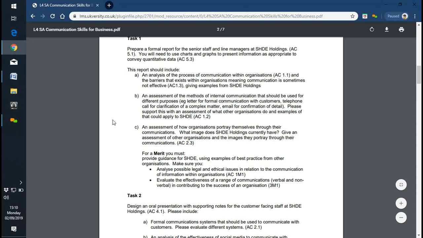On that part there, look at A and B. Complete A and B, and then send me some work in to learnerwork@ukversity.org.uk. If you send it in there, it will find its way to me, and I will give you some feedback on that. Then, working from that feedback, you'll be able to continue straightforwardly. Is that okay?